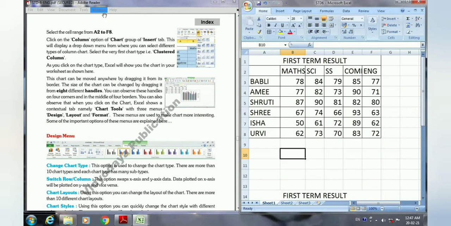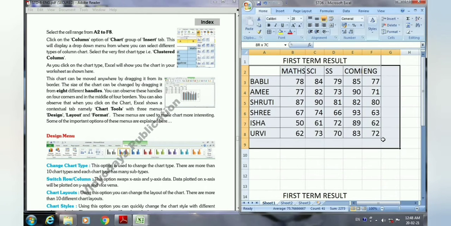Then now you just select the cells from A2 to F8. Don't select the heading, first term result, but just select the cells A2 to F8. Then you just go to the Insert tab.